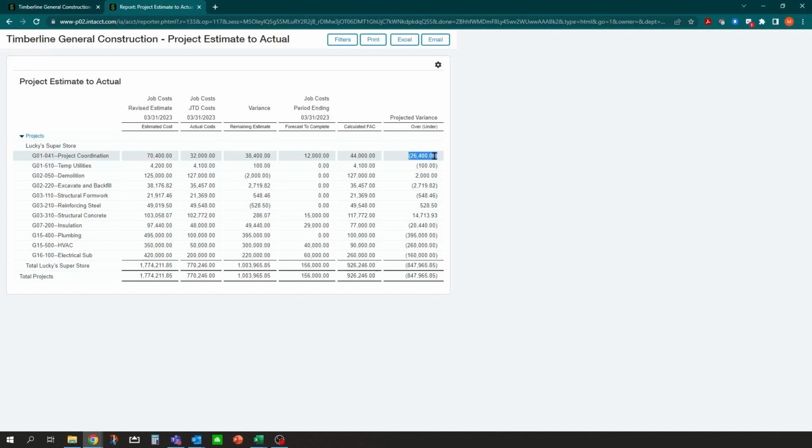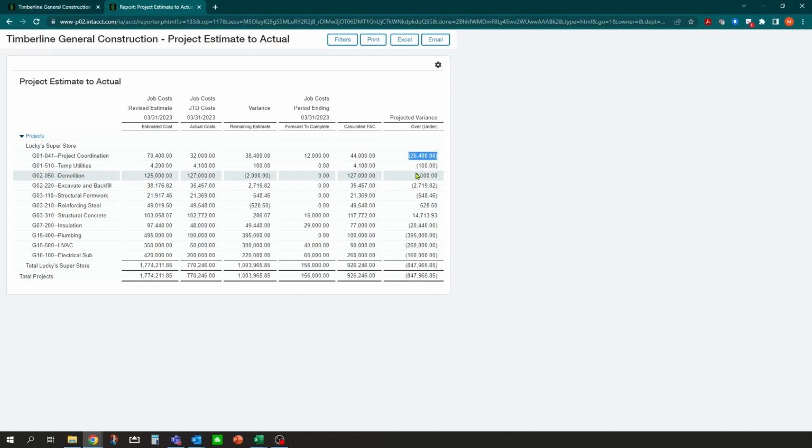So this project obviously did very well, but you can see how this can work in your system and how you can track and keep on top of your estimate month to month using budgets in Sage Intacct and using the forecast options as well, along with monitoring your actual cost to budget.